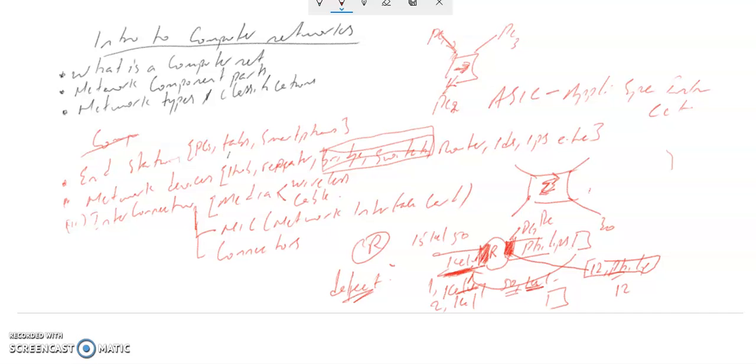It's more or less like a converter that converts your analog signal to digital, or vice versa. So meaning from source